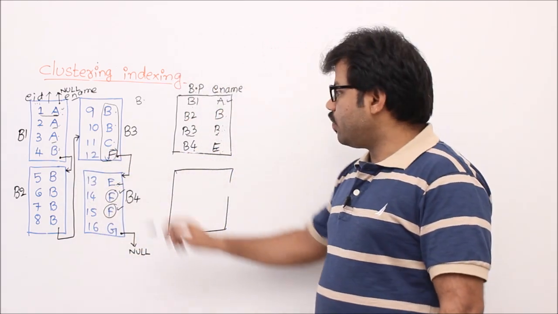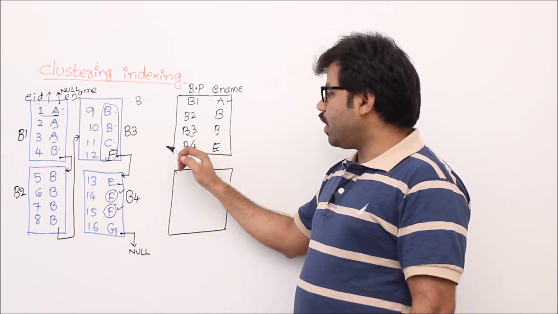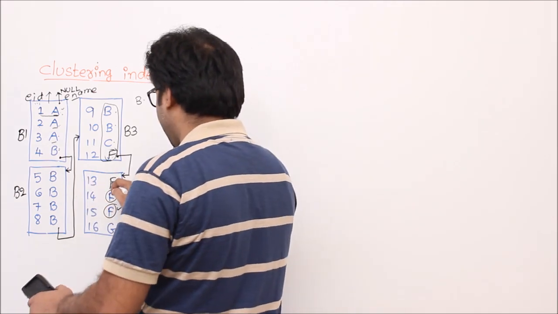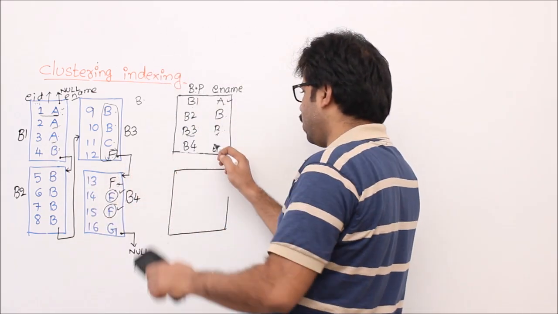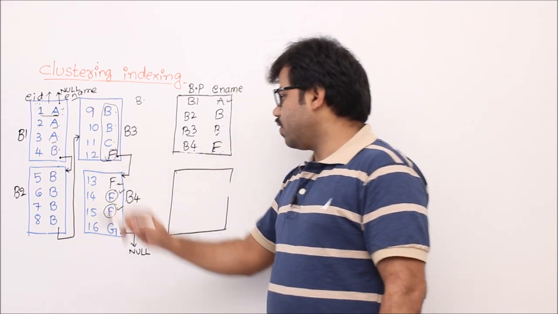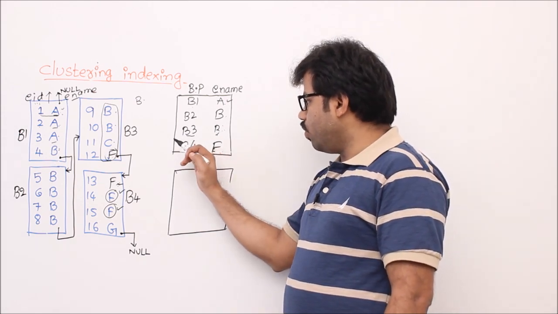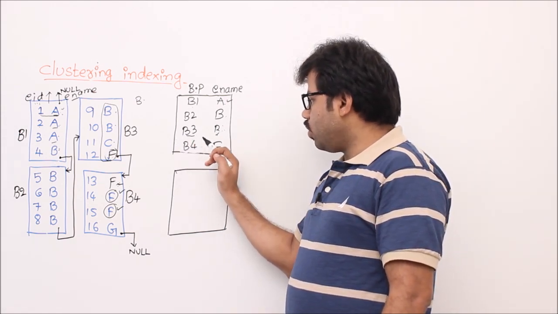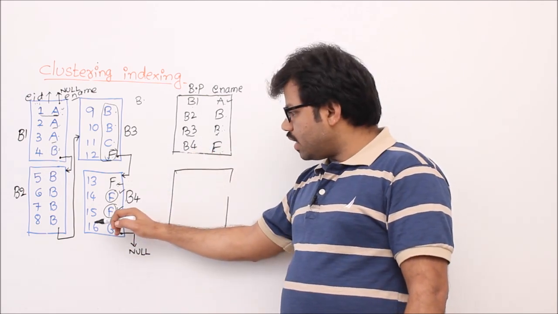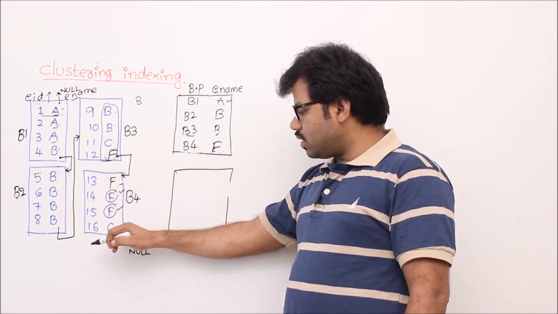Think about it. If this record is F, then your entry will say that B4 begins with E, correct? So for example, this is also F. Let's say this entry will be F. I am doing the modification, so I am writing here F and F. If that is the case, then B4 will come to F, then that is B4. You search here only, right? Then after that you say F, F, F, and you retrieve these three, and once you see G,